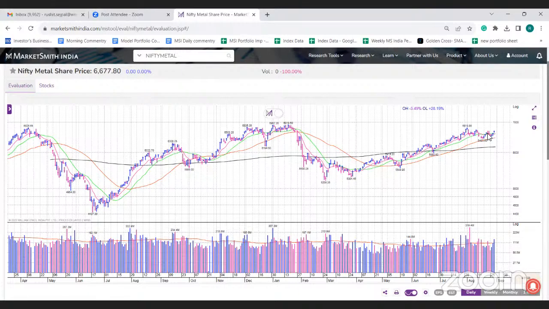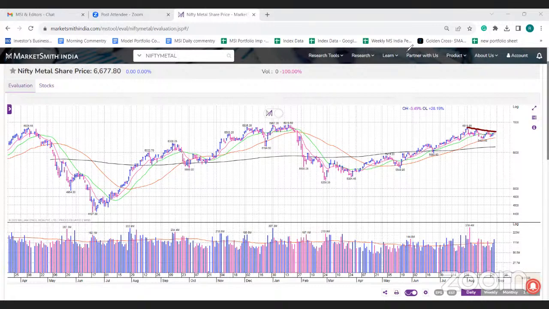So let's see, here also it is trying to form a small base. I think a trend line if you draw over here, then so yes. Let's see if it can break out with a strong volume and sustain above this trend line. So यहाँ पे भी एक rally हो सकती है. So now you can see the sectorial rotation. अभी metals favor में आ रहे हैं. There is a probability of IT coming.